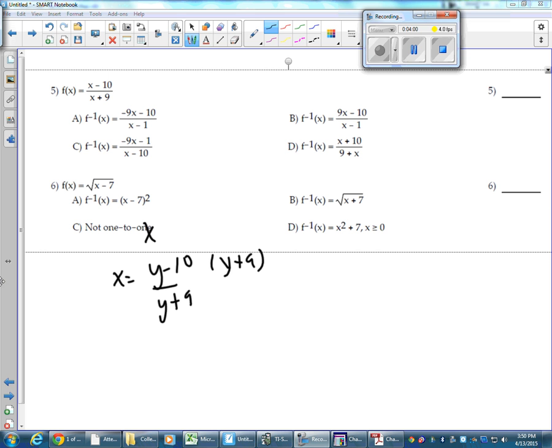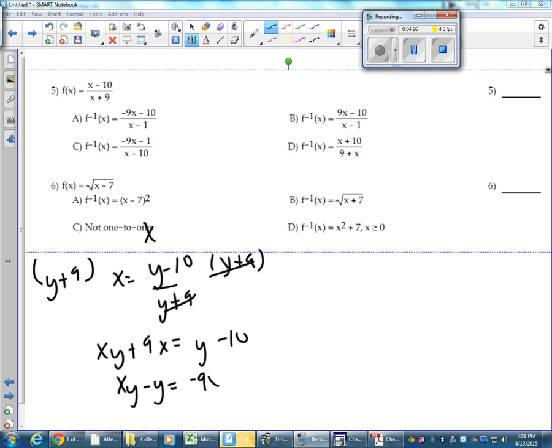Multiply both sides by y plus 9. It cancels over here, so I get xy plus 9x equals y minus 10. Alright, so now what I want to do is get all of my y's on one side. So I need to get all of my y's on one side, so it would be xy minus y equals